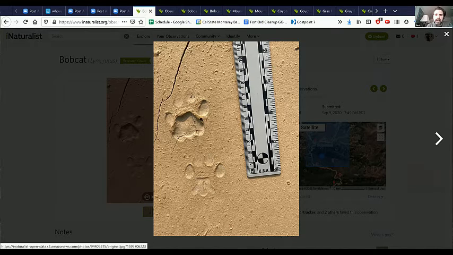And I'm noticing that this heel pad is really large compared to the entire track. There's very little negative space between the toes and the heel pad. So this area right here is very small. I'm also noticing that this track is somewhat asymmetrical. What I mean by that is, if I was to draw a line right down the middle